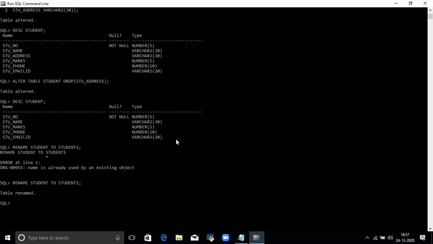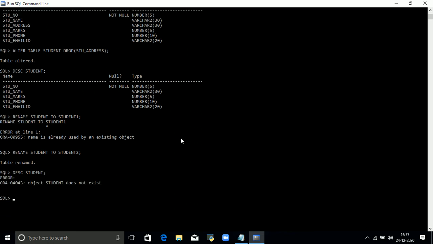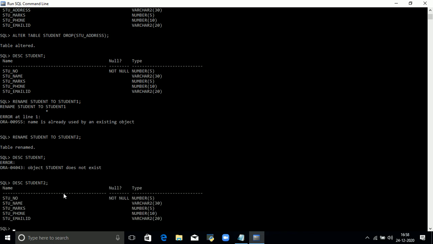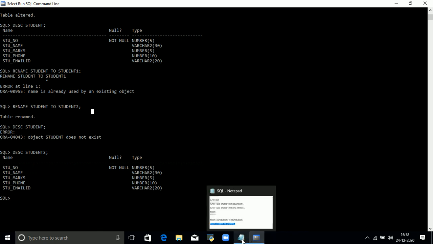The table is renamed. Now if I want to view the description of table student, what happens? Object student does not exist. That means the name has changed to student2. Now DESC student2, yes, it will work. The name of the table changed to student2. I hope you understood this concept.